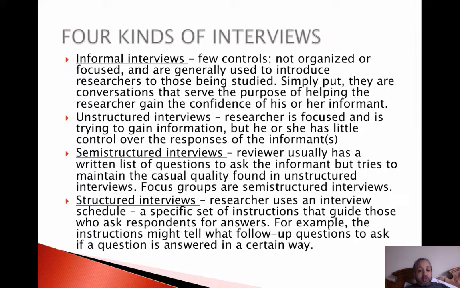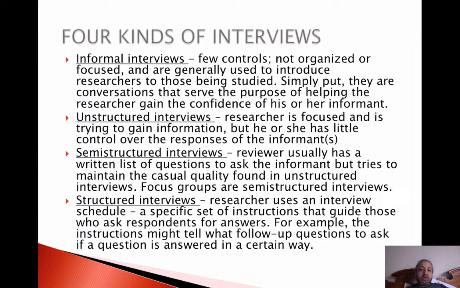And it's pretty formal. It's relatively rigid, right? You're going to go from question 1 to question 2 to question 3, but you're trying to maintain a relatively casual quality, right? You still want it to kind of appear like a conversation. So you're kind of trying to strike a balance, right? You don't want it to necessarily appear hyper formal, hyper structured, but at the same time you have a clear aim, you have a set of questions, and you want to try to get through them and document your informant's answers very